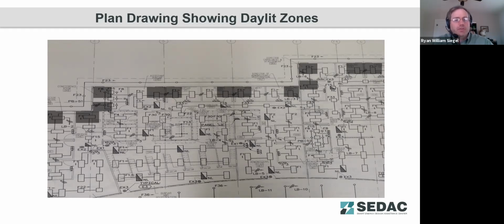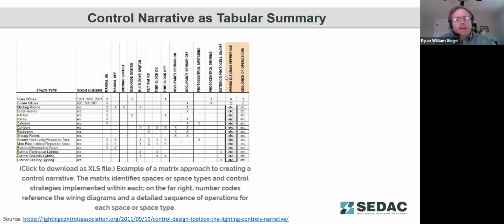Again, if you're choosing to use shading, it might be good to have a second drawing that does not have it shaded for reproduction into the future. But here you can see they've got what looks like windows around the perimeter, and then the daylit zone flowing into the building from there. And so as far as the control narratives, this may be provided through just a tabular